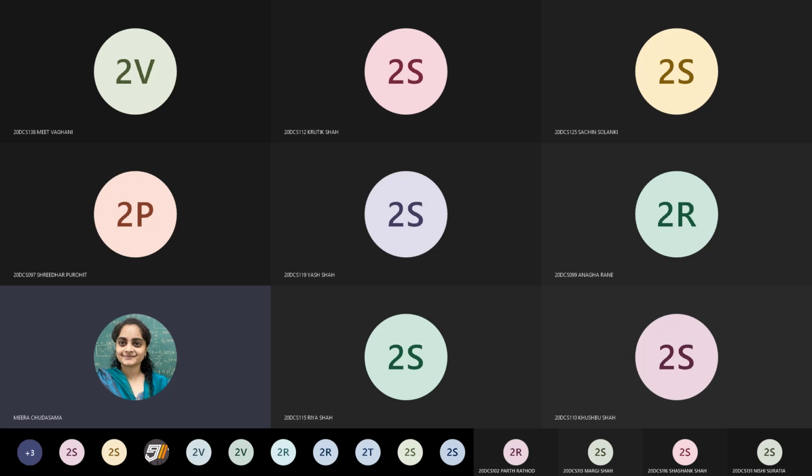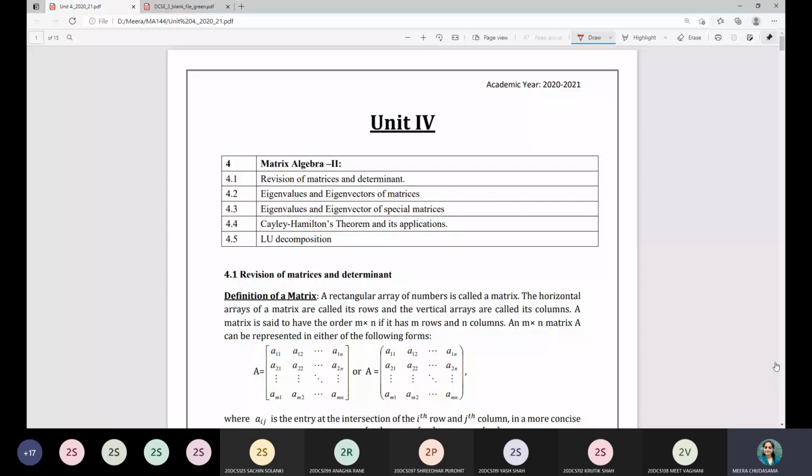Okay, so I am sharing my screen. Let me know whether it is visible to you or not. Visible, ma'am. Thank you. Yeah, so we have started with the prerequisites of matrices in the last class, where